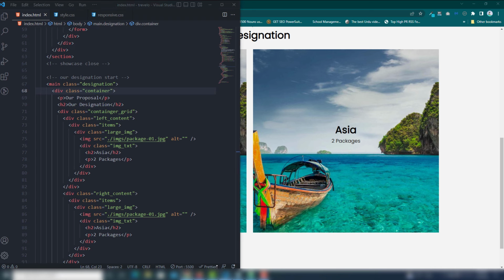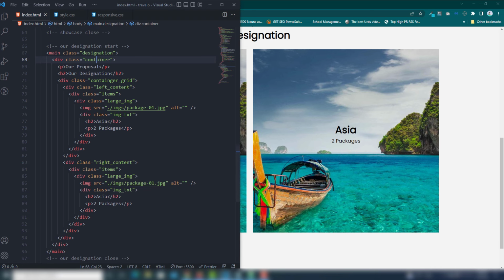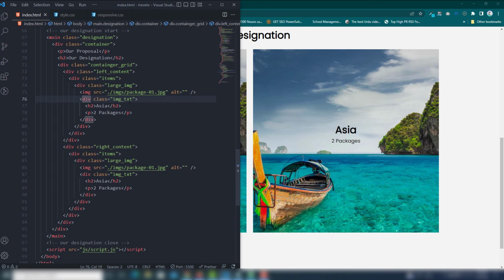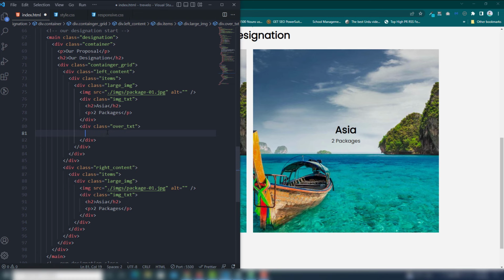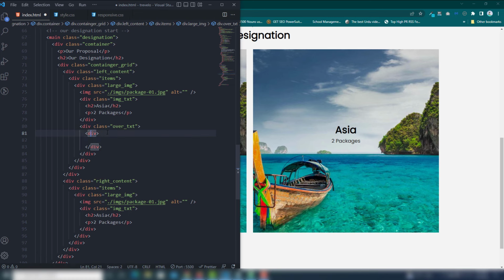So in this video I'm going to show you how you can display the overlay text inside the image. So I go to my index.html and where I will use the overlay text. So this is the image text, and after closing the image text, I call overlay txt, and also I'm going to add a div class